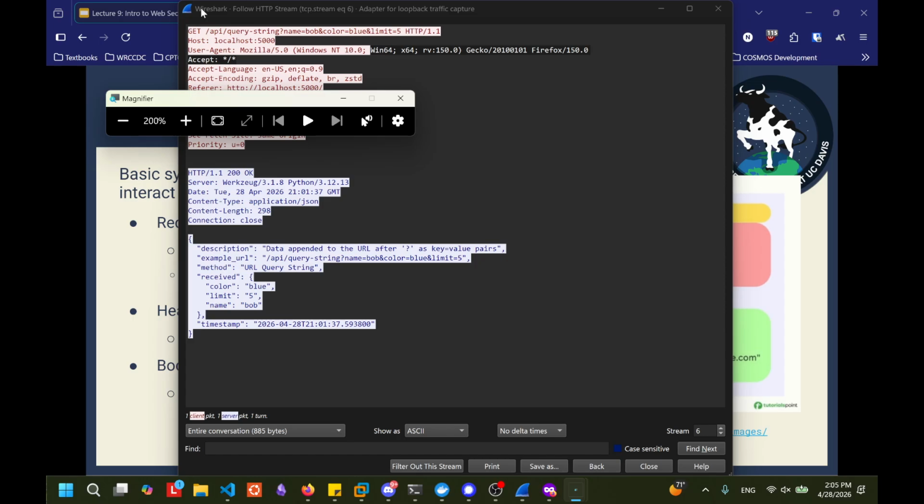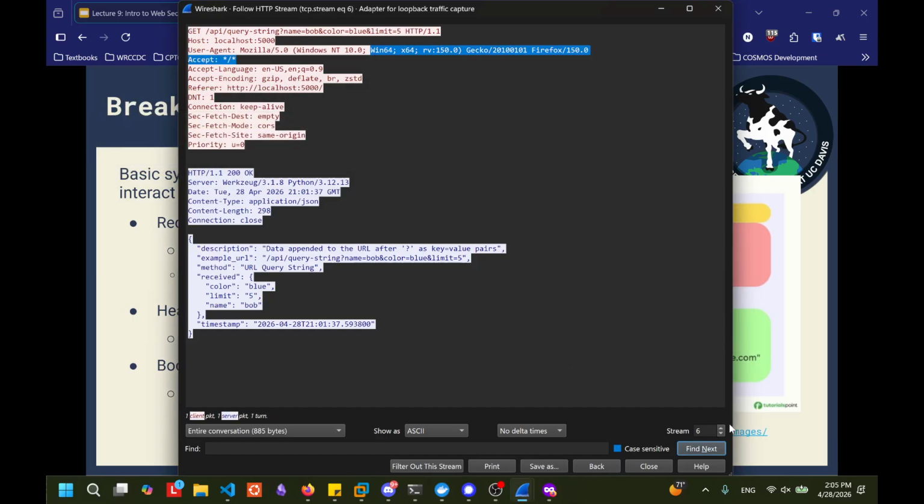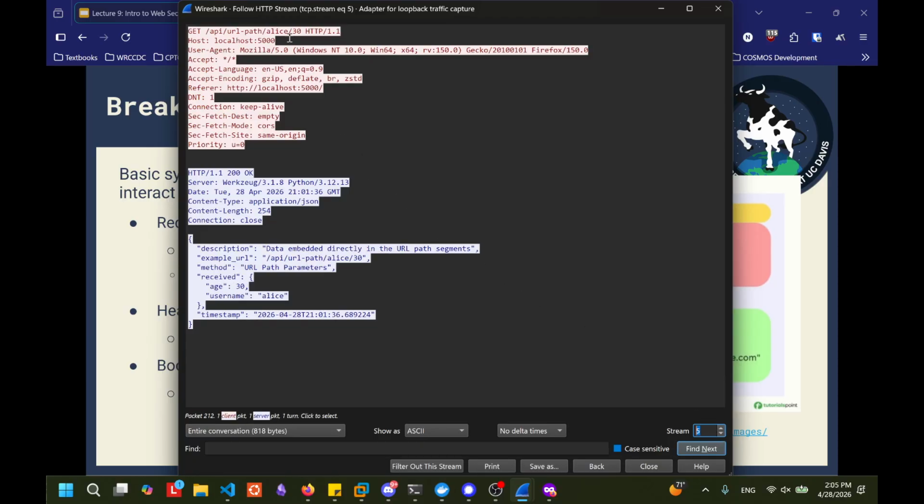But yeah, this is another way of passing data. If I can't use POST, I can say GET, and then I can send the data encoded in the URL itself with a question mark. You split it with a question mark, and then you start saying key equals value, separated with an and, key equals value and, key equals value and, whatever. So you can embed data inside the URL.